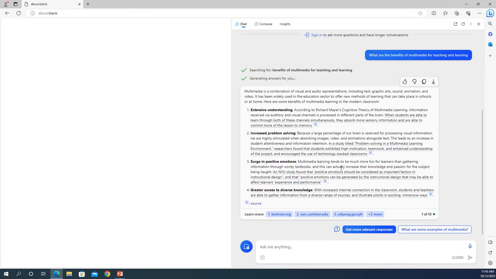So it's given us a couple sources down here at the bottom, and then a nice summary of the benefits of multimedia for teaching and learning. And so one thing that I'm very happy to see is that Bing has found and referenced Richard E. Mayer's cognitive theory of multimedia learning, which for a lot of us is kind of our go-to starting point when we're talking about a framework for multimedia learning, that it's much more than just a simple topic of, can we learn through video?